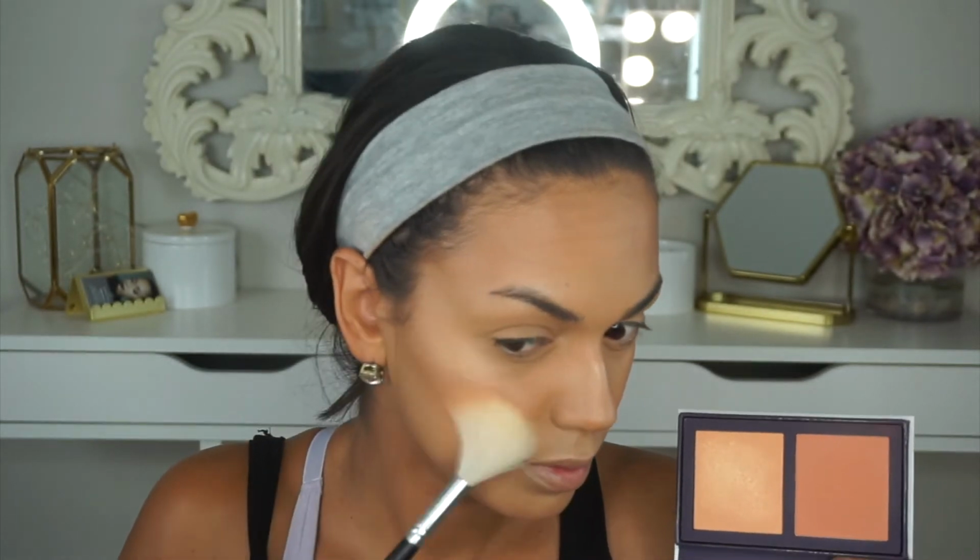Just because I want to be a little bit extra, even though I've tested out this highlight before, it's like a really peachy, champagne-y kind of highlight. I do feel like it's pretty subtle. I don't know if you guys can even see it. It's super subtle and super natural. But I'm just going to go ahead and take that and place it on my cheekbones and see if it gives me a little bit of something, something. I don't really feel like it does anything, but...